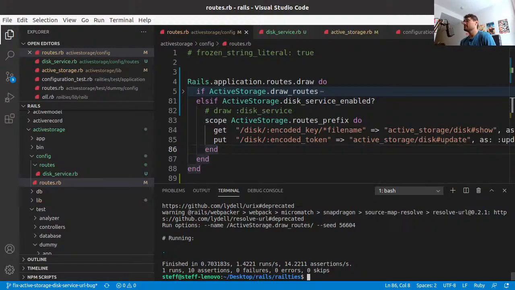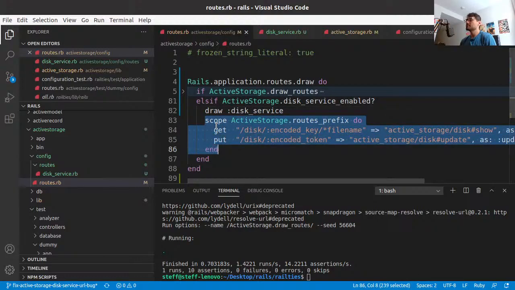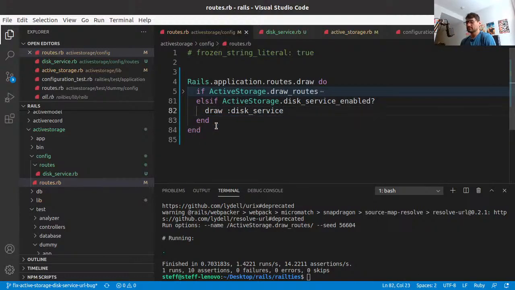This means that the problem is the file that is not being found. When I do this, so maybe I can do this inside active storage, or maybe I could just require the route. Maybe that's the problem. But if I require it, it kind of defeats the purpose, right? Like if I do require here,